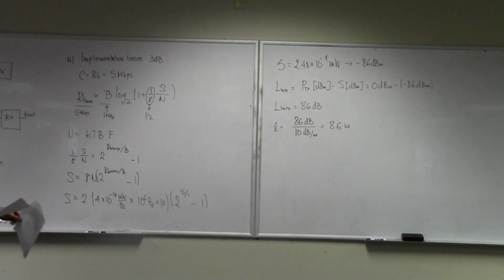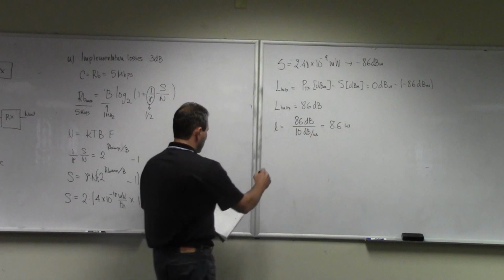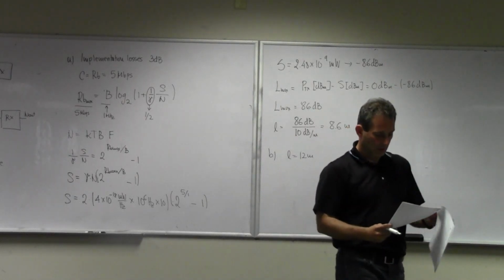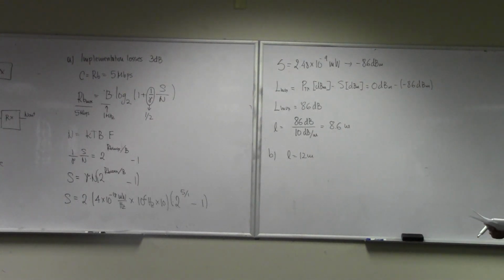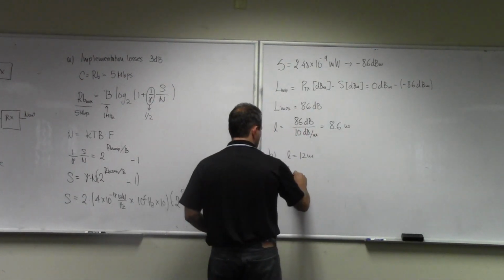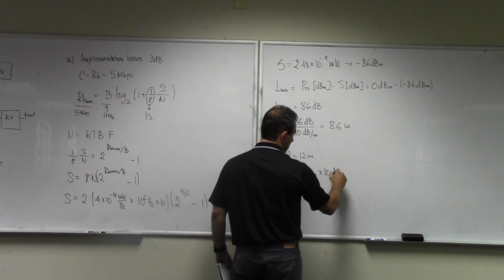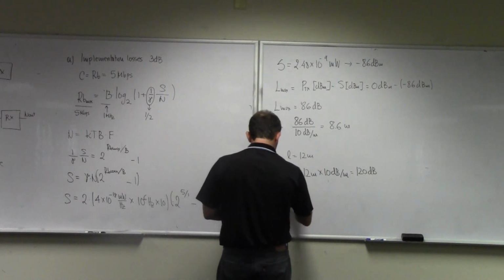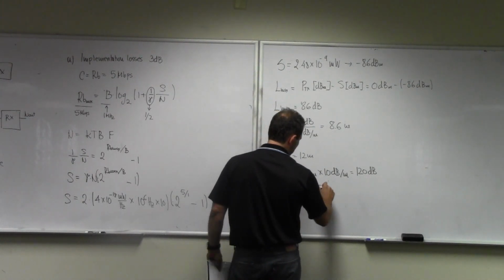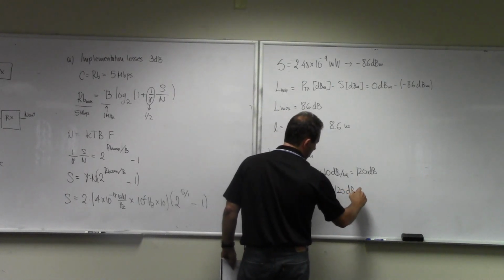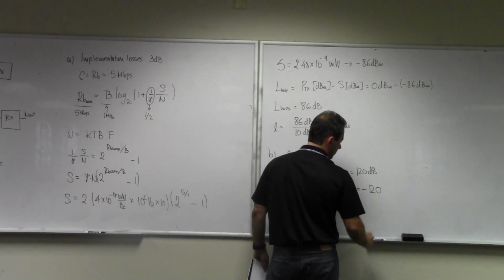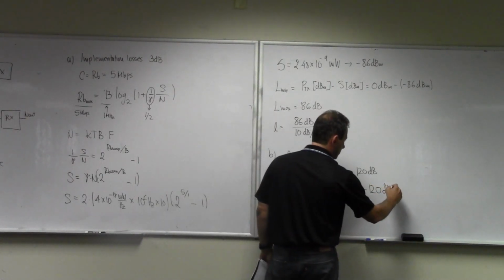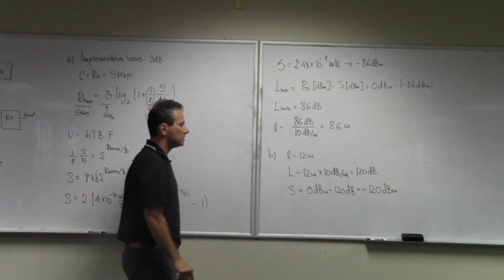So that's one way this question can be asked. The second way is, if the cable length is 12 meters, what is the maximum data rate that can be achieved? If the length is 12 meters, the total losses in the cable are going to be 12 meters times 10 dB per meter, which is 120 dB. The signal power, in this case, is going to be 0 dBm minus 120 dB. So this is minus 120 dBm. That's the power of the signal that I'm going to receive